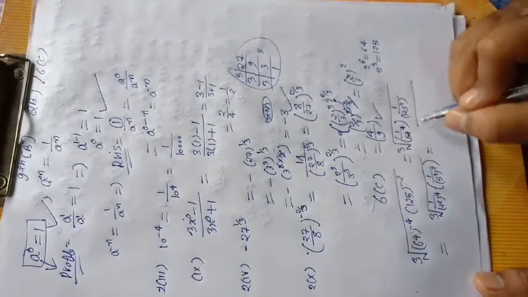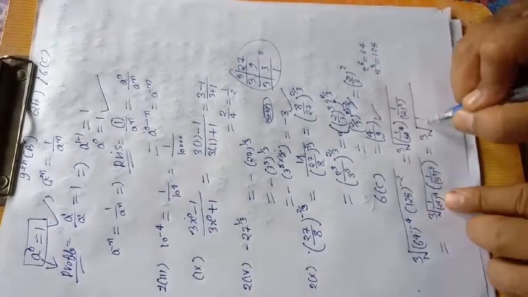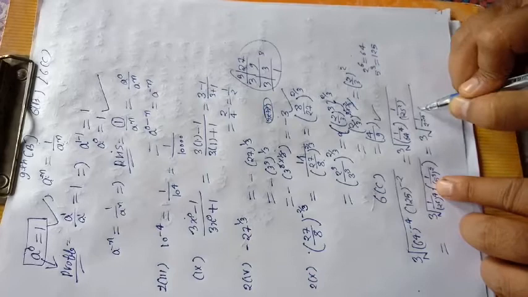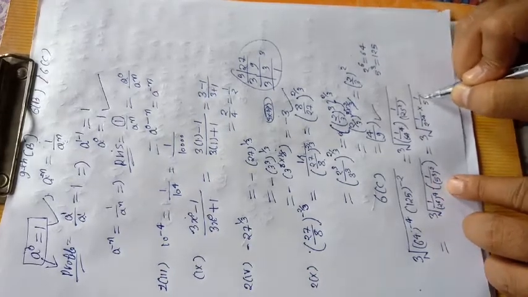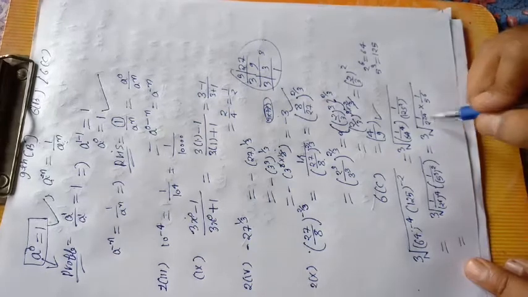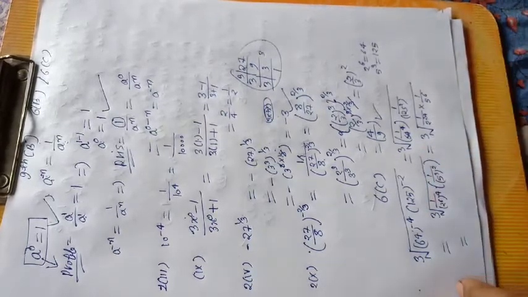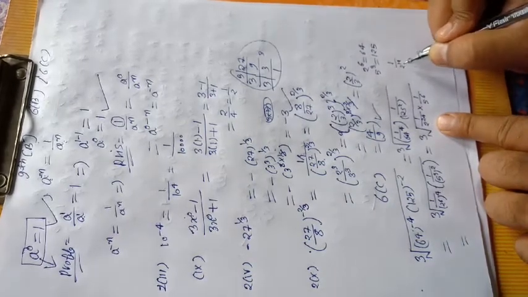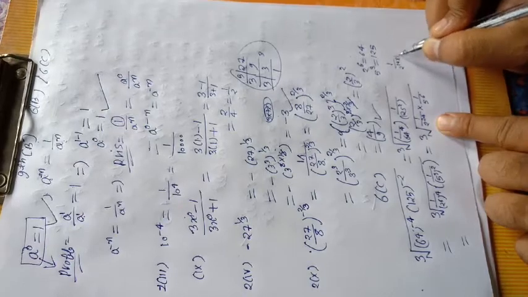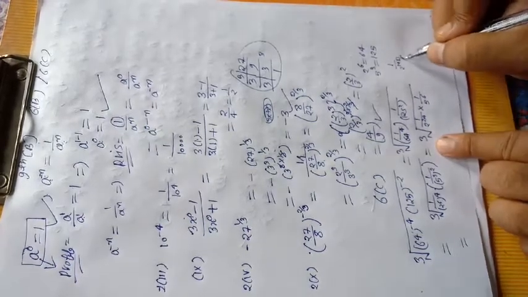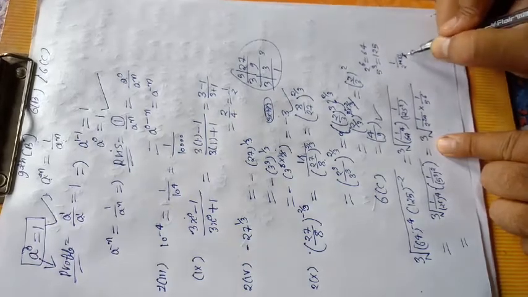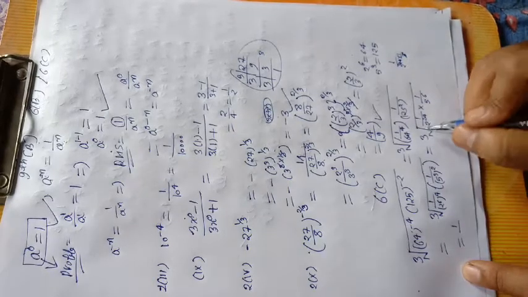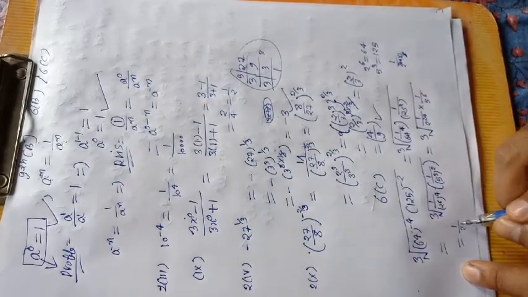Now we have to simplify that, and this equals 1 upon 2 to the power 6 into 4, that is 24, into 1 upon 5 to the power 6. Now when we take 2 to the power 24 outside the cube root, this equals 1 upon 2 to the power 24, whole power 1 upon 3, because it is a cube root. 3 eights are 24, so outside the cube root it is 2 to the power 8.